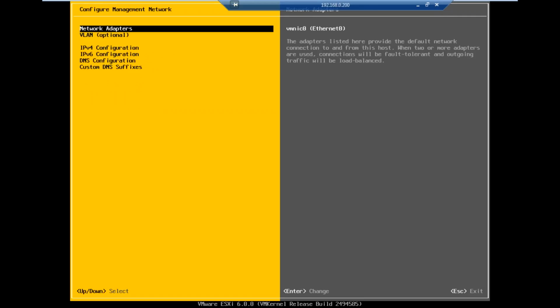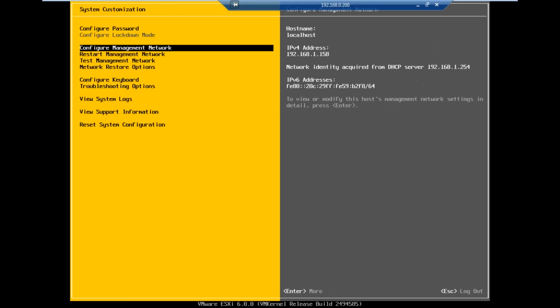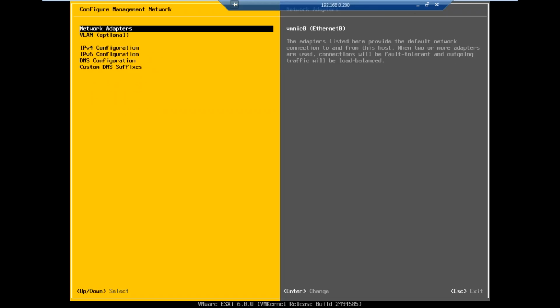So what I wanted to do is the first option, I just press enter on this option, Configure Management Network. And by the way, your mouse will not work in this particular console. This is all the keyboard that you have to use. So up arrow, down arrow, enter is to select a particular option. To come out of it, you have to press escape on the keyboard. So only the keyboard that you have to use. Okay, so now I'm just pressing enter over here so that I get into it.